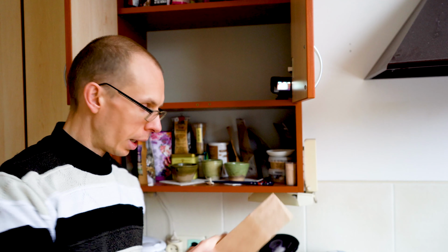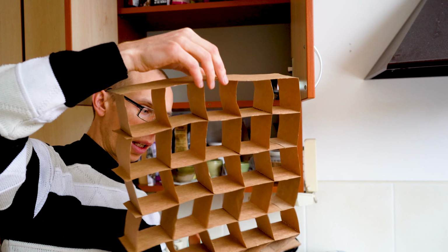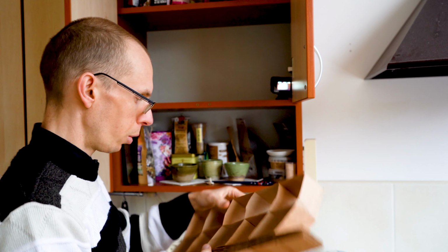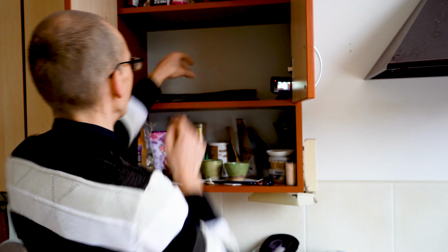Well, I was thinking, what can I use from the tools, from the things I have at home, and I found this kind of piece of cardboard, which can extend like this. And I thought, maybe I can use it. I can try to make something like this